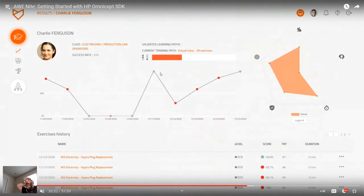It also means that if you have continuing education or certification, then you would potentially be able to track that progress and say, oh, okay, here's how they're doing. Then on top of that,